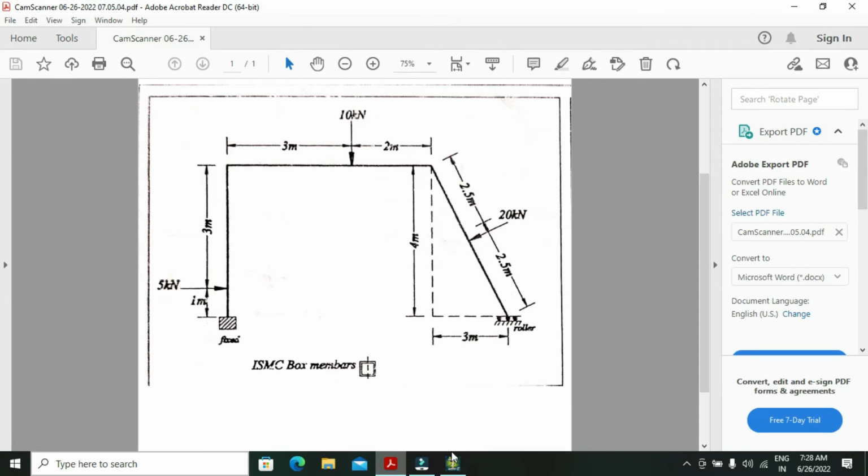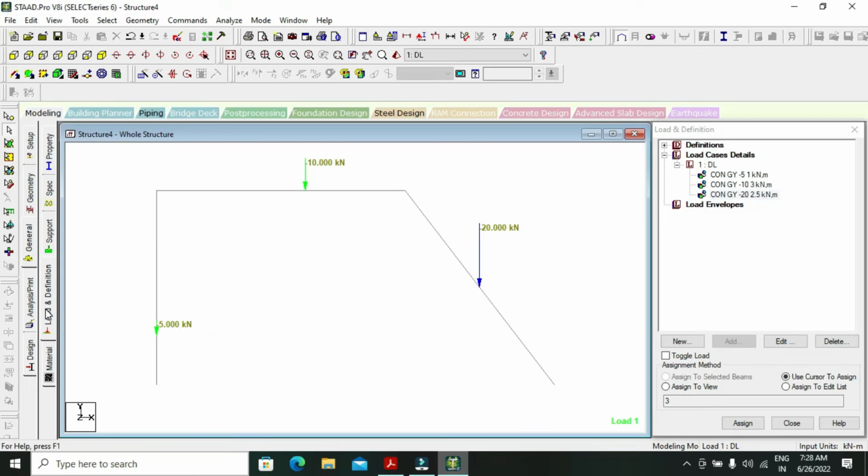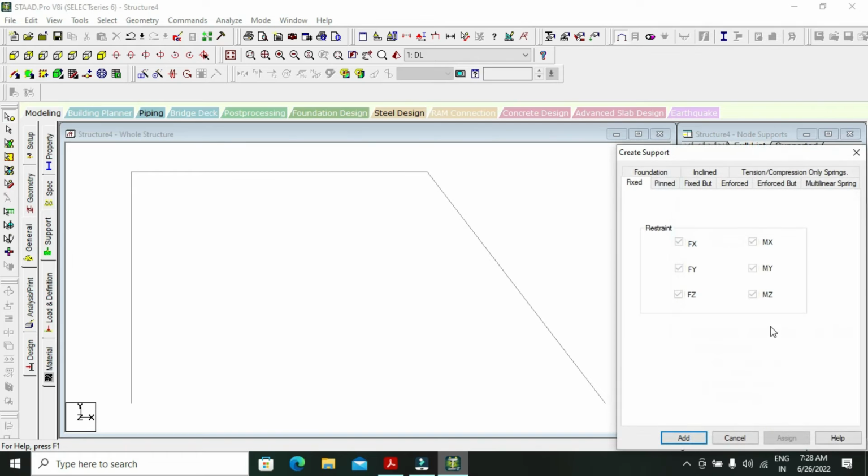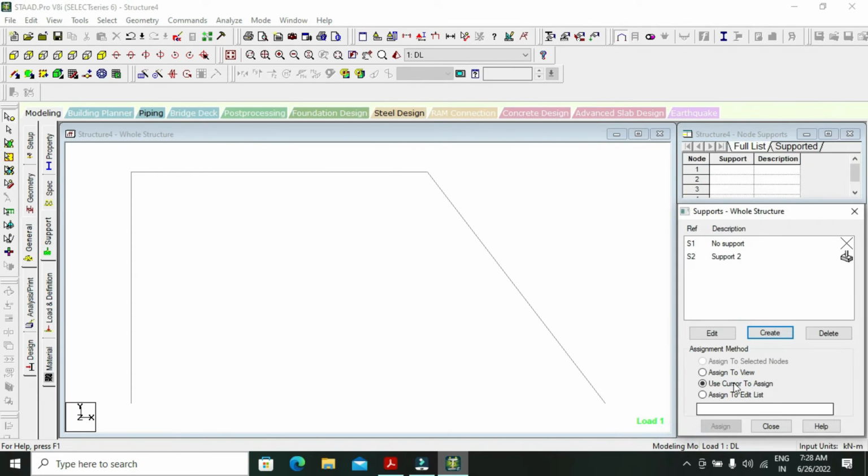So go to support, create, it is fixed, add, create,